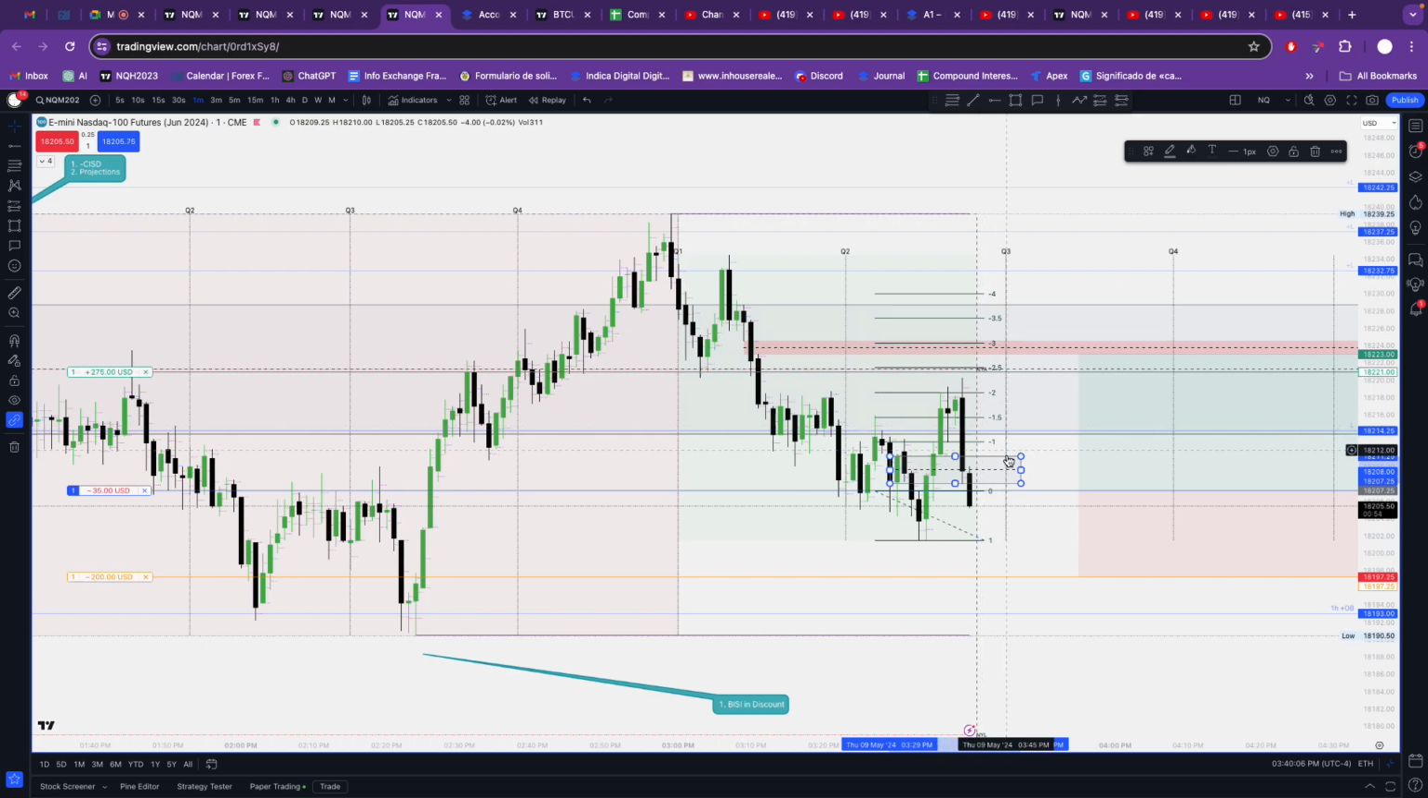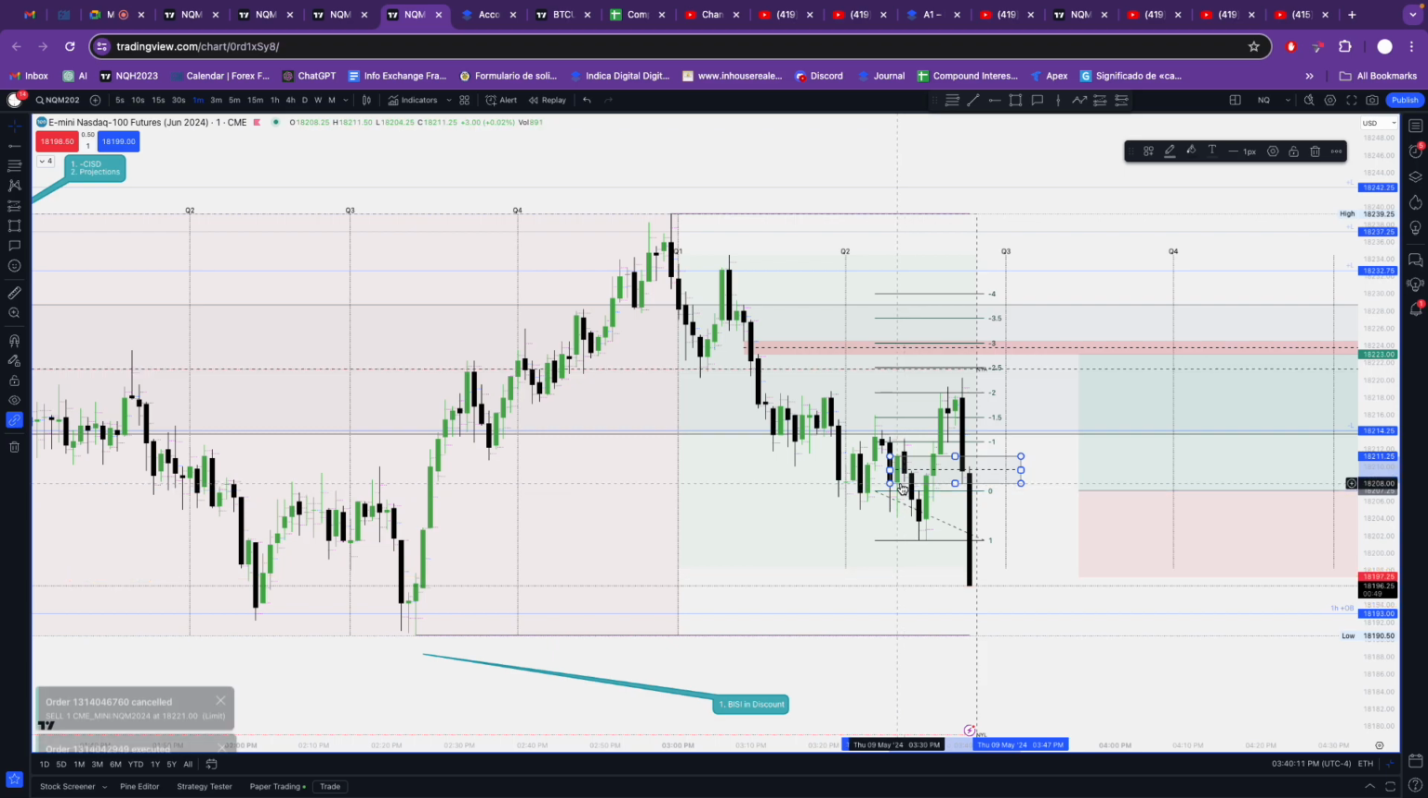Let's see if this holds. Oh, boom. We're not going back up. So I would have gotten out, because too late. I didn't move my stop loss because